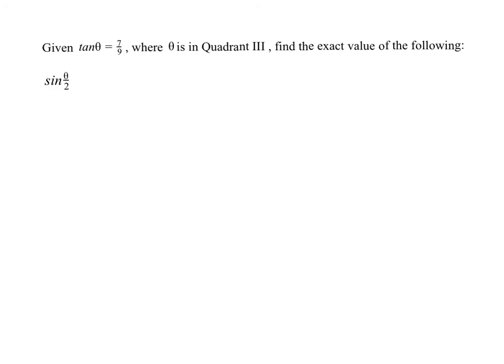So if I take half of an angle in quadrant 3, theta over 2 is actually going to be in quadrant 2. So when I'm picking my signs for sine of theta over 2 and tangent of theta over 2, I have to use their quadrant 2